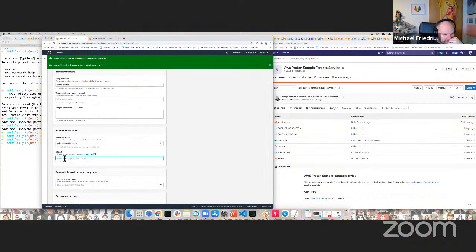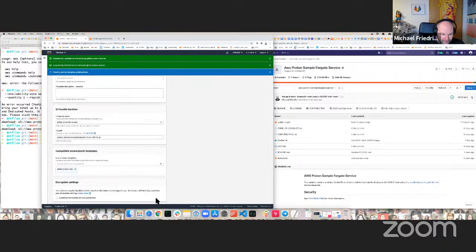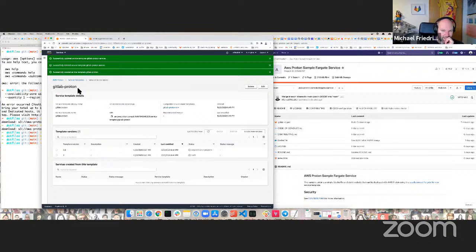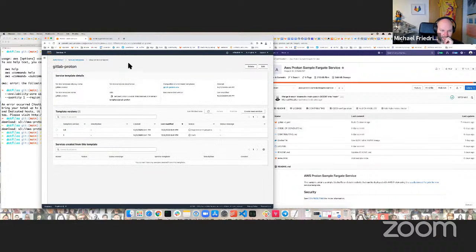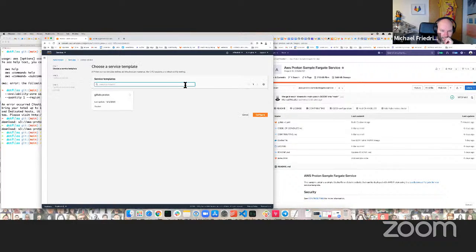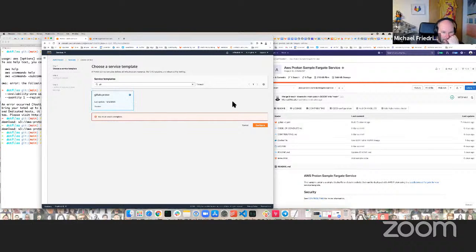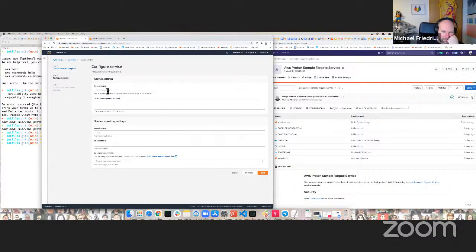S3 bucket mine. This is something I copied, which is the service now. And this is our environment, and this hopefully works then. Okay, now I have a service template. And I also need a service. There's no GitLab Proton template. I need to click. Okay. Yeah, this is an interesting UX element. Okay. Our GitLab Proton